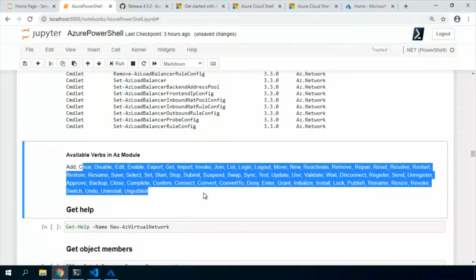And especially when you are writing the Azure certifications, the questions will be a bit confusing. They'll ask, if I want to create a storage account, what commandlet can I use? They'll give four options, like Create-AzureStorageAccount, or Create-AzStorageAccount, or New-AzStorageAccount, something like that.